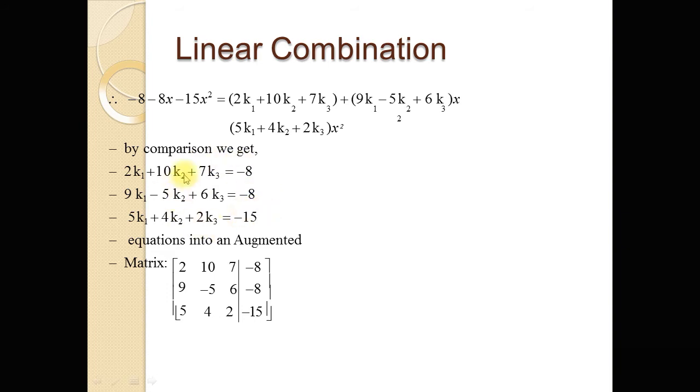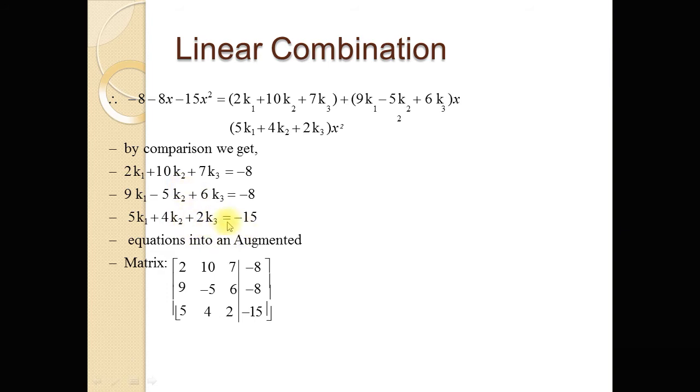So solve this system of linear equations. We have already discussed different methods for the solution of a system of linear equations, like Cramer's rule, the Gauss-Jordan method, the Gaussian method, and the inversion method. Another method is to convert the augmented matrix into reduced echelon form, or simply into echelon form, and then we can easily find the unknowns k1, k2, and k3.